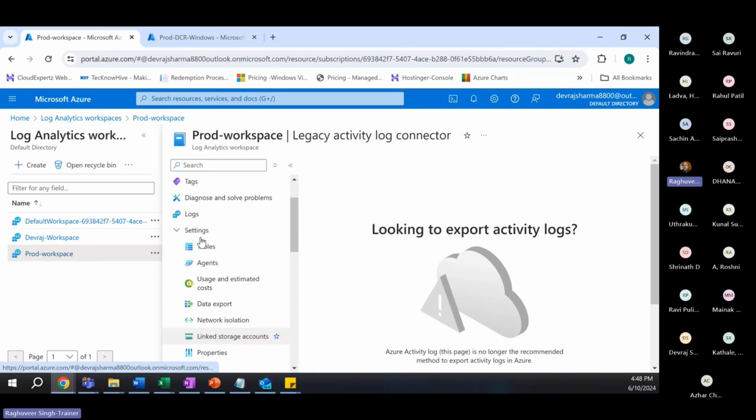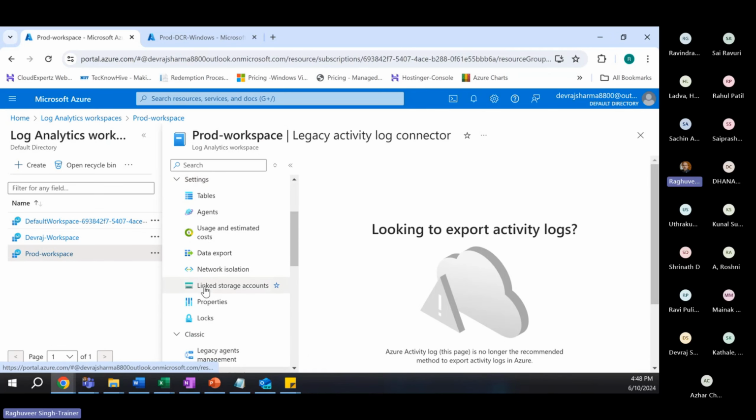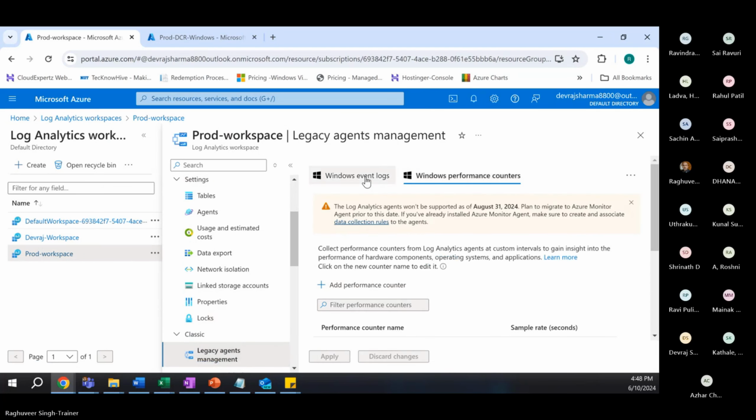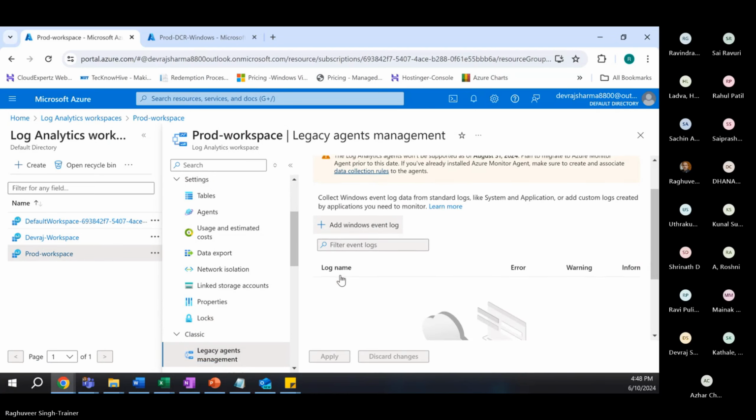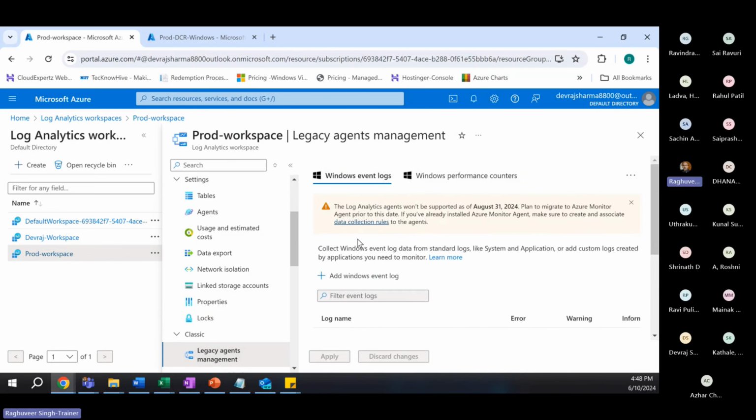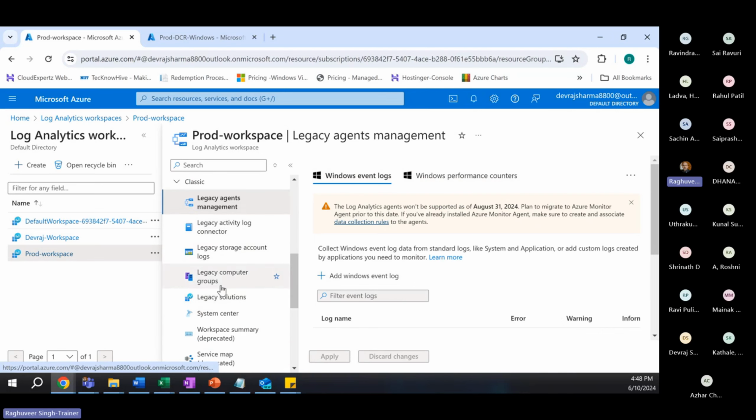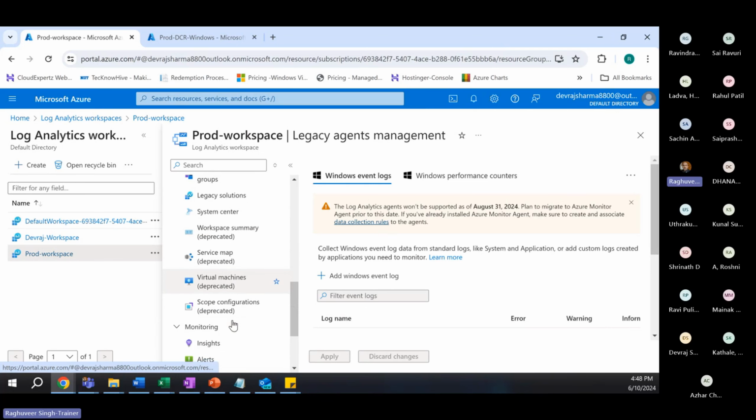They've changed a lot of options. This is where you will select the event logs and everything, the performance logs, event logs and performance counters. But it is legacy now. They don't support it anymore. So what they do,